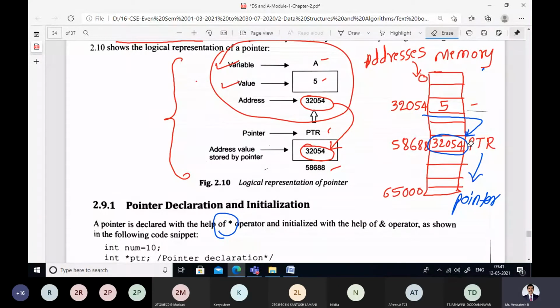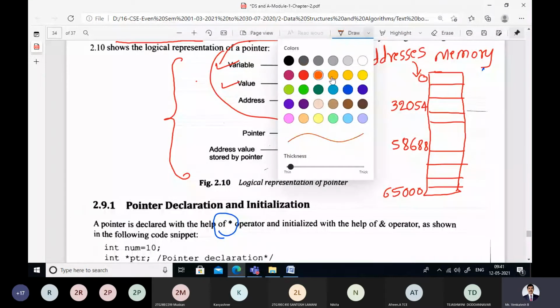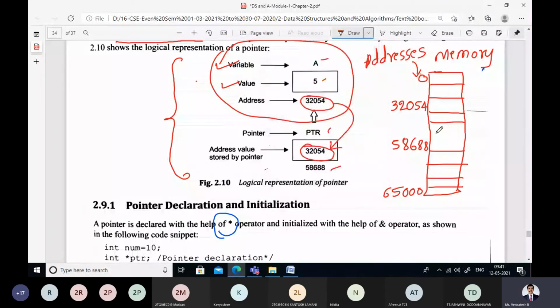I'll just erase this part so that I can reuse it. Right, this is a memory diagram.